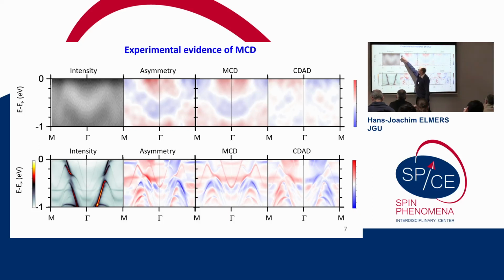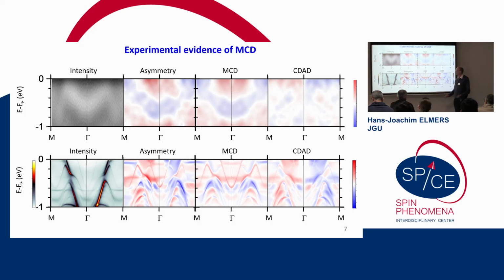If you go along the Fermi edge in this direction, you have this characteristic blue, red, blue sequence, or if you look at the gamma point, you also have the red, blue, red asymmetry. And this is in fact consistent with theoretical calculation of the one-step photoemission intensity as done by Jan Minar's group, as you can see here. So you see also here this characteristic blue, red, blue or red, blue, red sequence along the gamma line here.